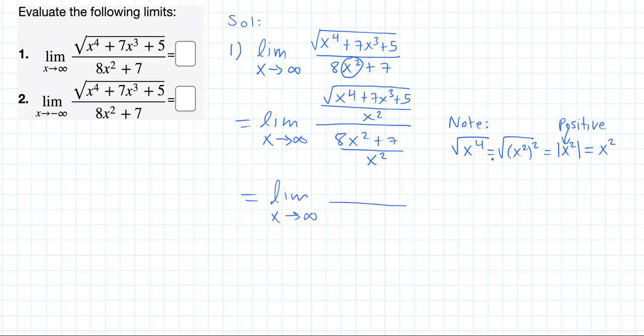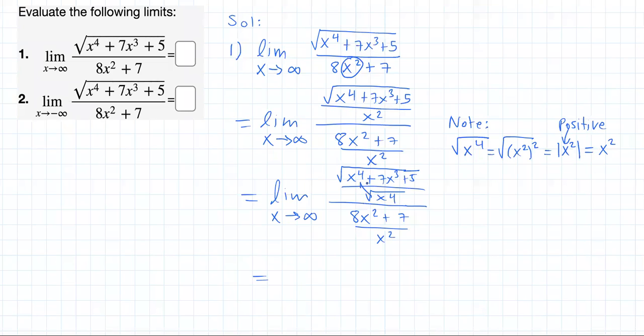But I'm going to replace x squared by its equivalent, a square root of x to the 4, okay? For the denominator, I don't have to do that, okay? So